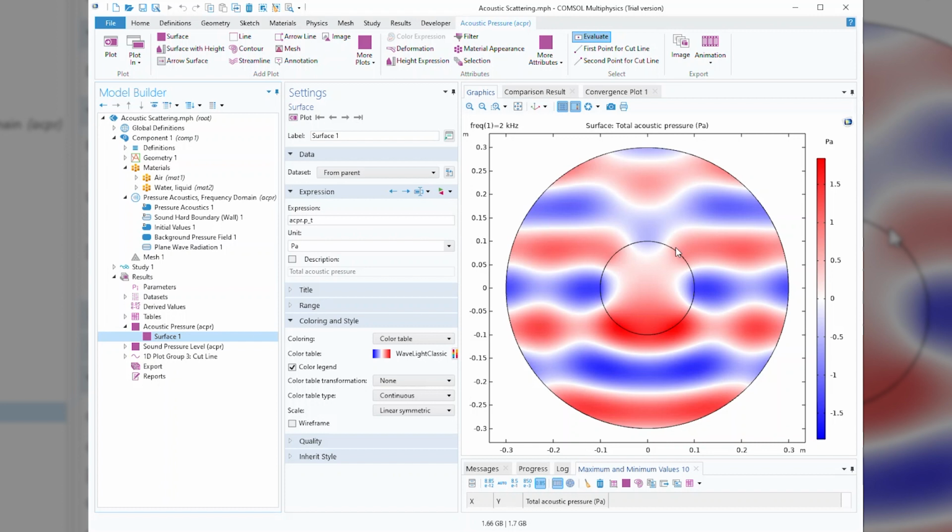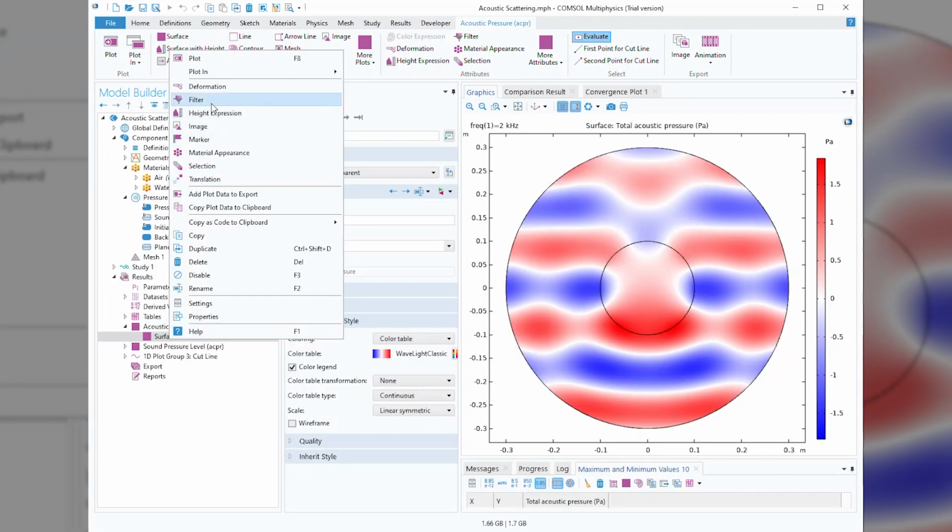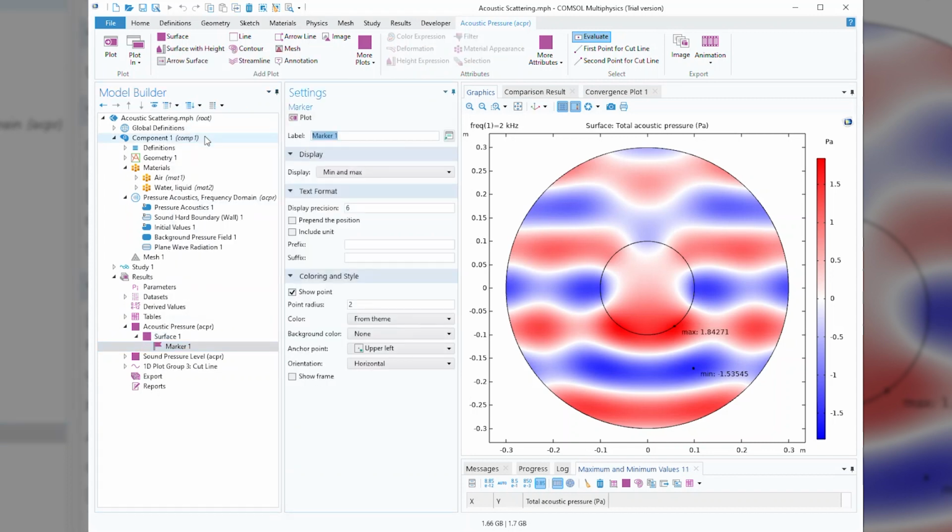Assume we want to know where the peak pressure is located. To find this out, add a Marker subnode. This will display the location and peak pressures. Currently, we have 6 digits for the pressure magnitude. We can control this by editing the Display precision field,